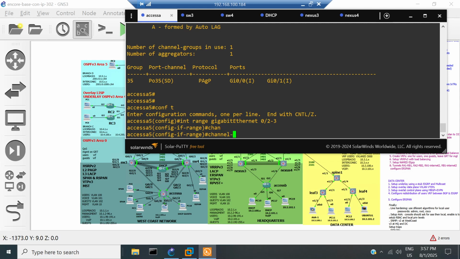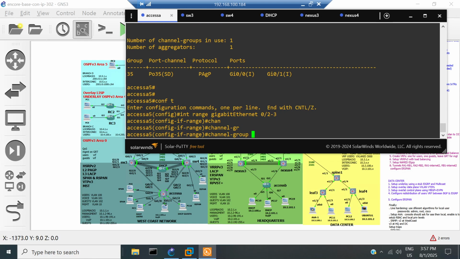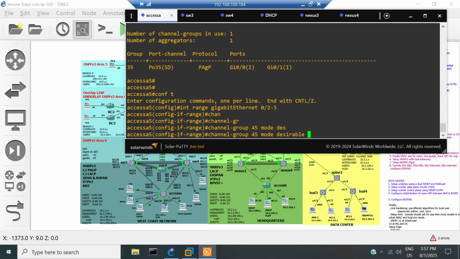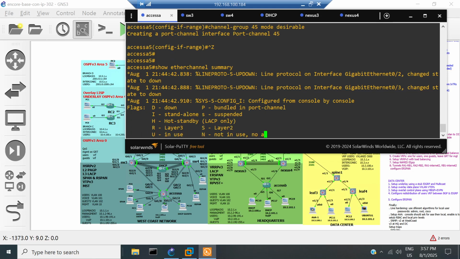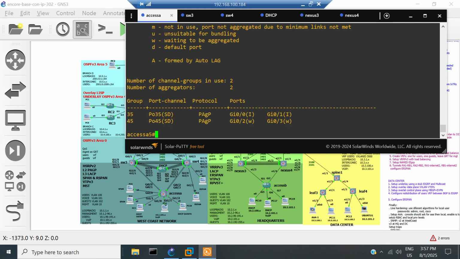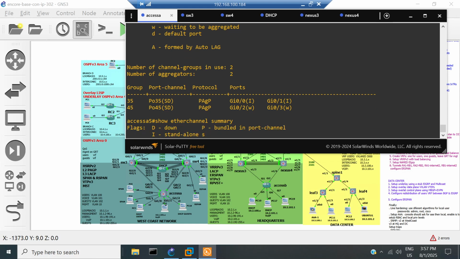Remember that for layer 2 EtherChannels, I will first create the channel group, and the operating system will create the port channel for me. So channel group, let's call it 45, because it goes from my access switch number 5 to switch 4, and then it's just a convention. Mode desirable, and then if I issue show EtherChannel summary, it should be down and waiting because it is still negotiating, and then